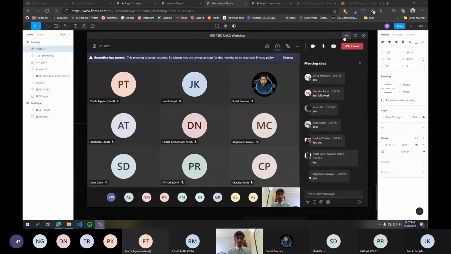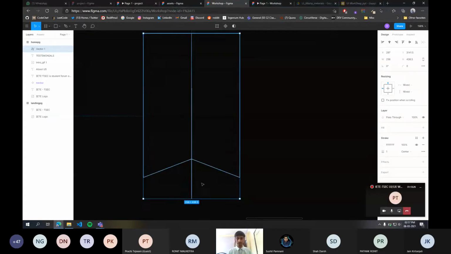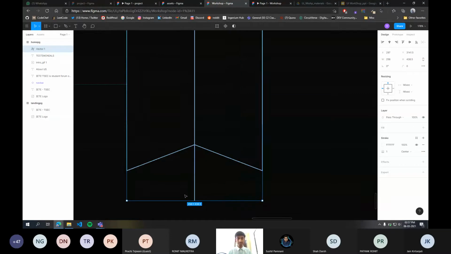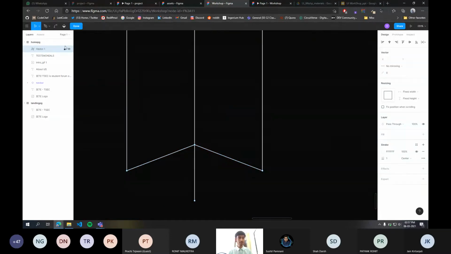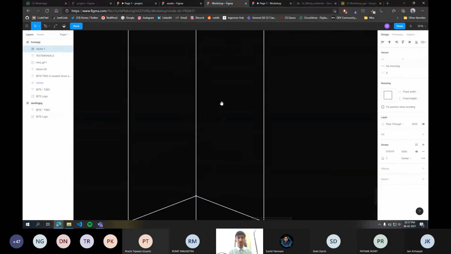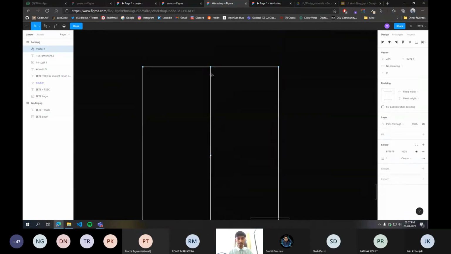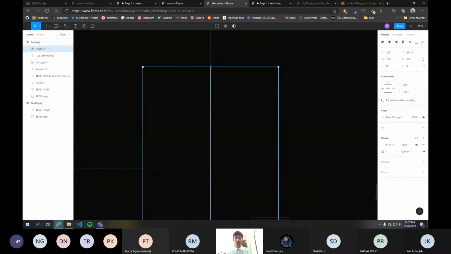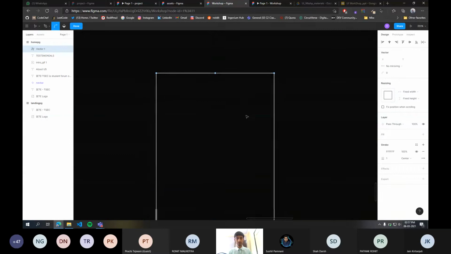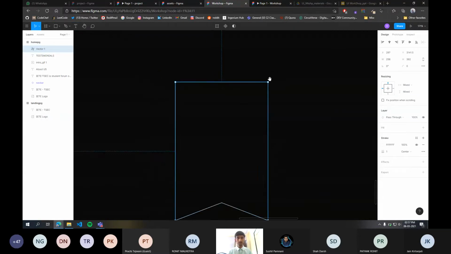Okay, cool. So now what we could do is that we'll just double click on it to select this vector image again, and this center line was just a reference line. Now it is not useful to us, so we'll just drag it back. Okay, and we'll just remove this center reference line. Okay, yeah, and we'll click on done.